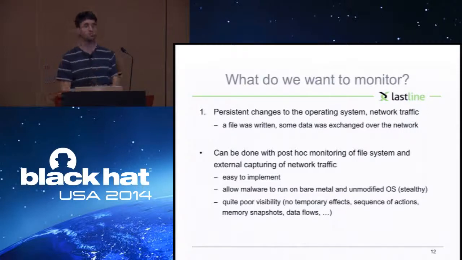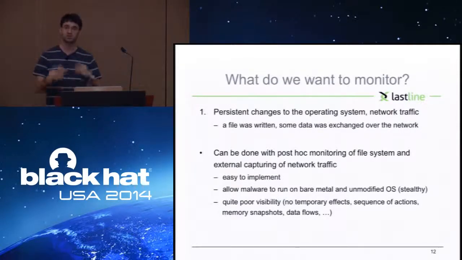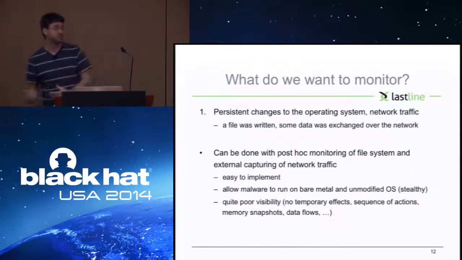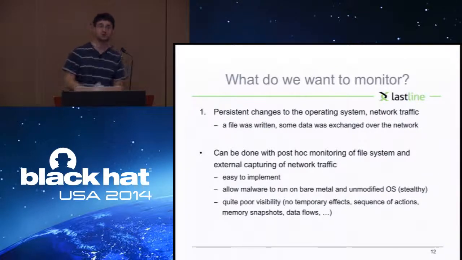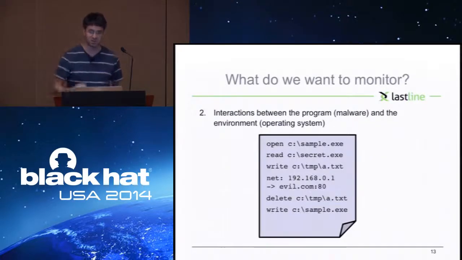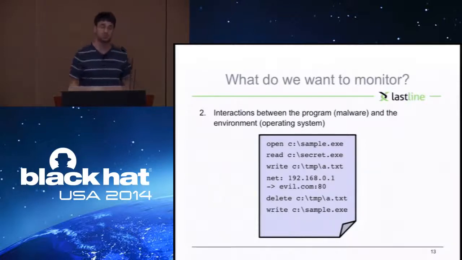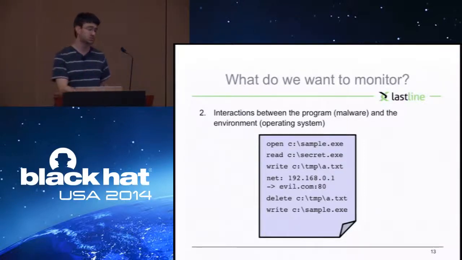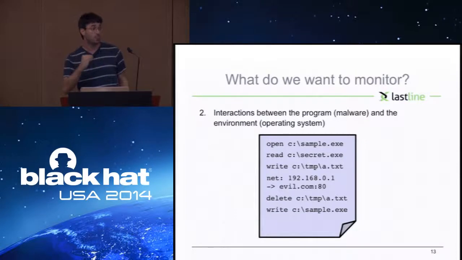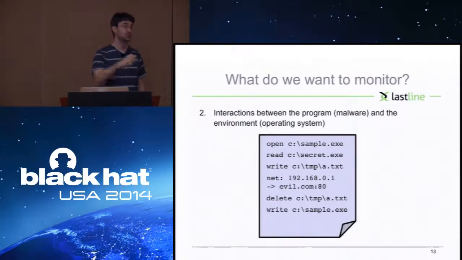It's easy, but it also doesn't provide you a lot of visibility. You don't have any visibility into temporary effects. You don't know if files are being created and then deleted. You don't know in which sequence certain operations have happened. So it's typically considered not enough visibility. So you want to dig deeper. You want to see the interactions between the program, between that malware, and the operating system when it's being executed, right? So you see maybe an open system call, and then the program reads from that file, and then it writes somewhere else, and then there's some network traffic, and then it deletes a file. So you basically get a sequence of operations, and you have a much better visibility into the interactions of that program with its